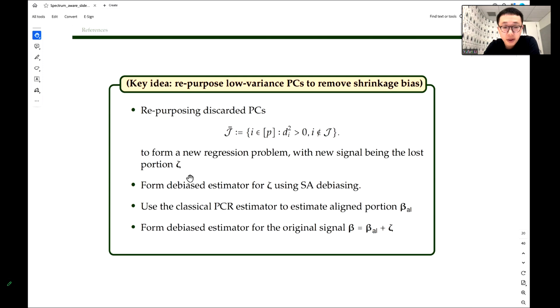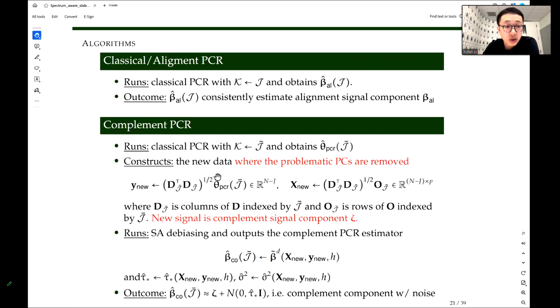And then we can use spectrum-aware debiasing to recover this lost segment, and then we combine it with the PCR estimator to form a full estimator for the entire signal with the two components. And more concretely, we can look at the algorithm. You basically run two separate algorithms. The first one is you just run classical PCR